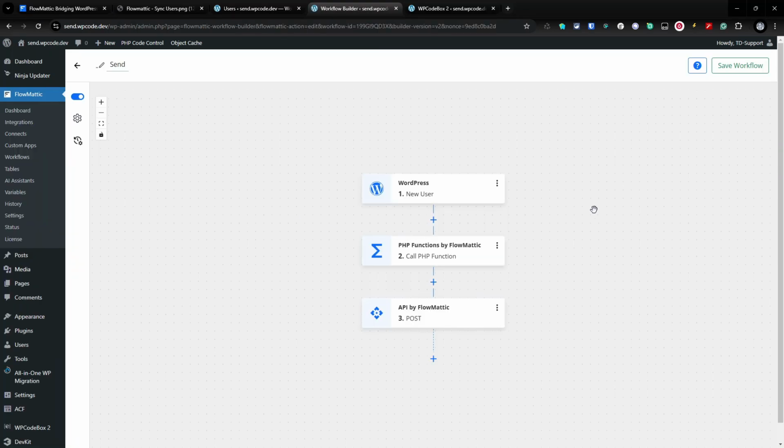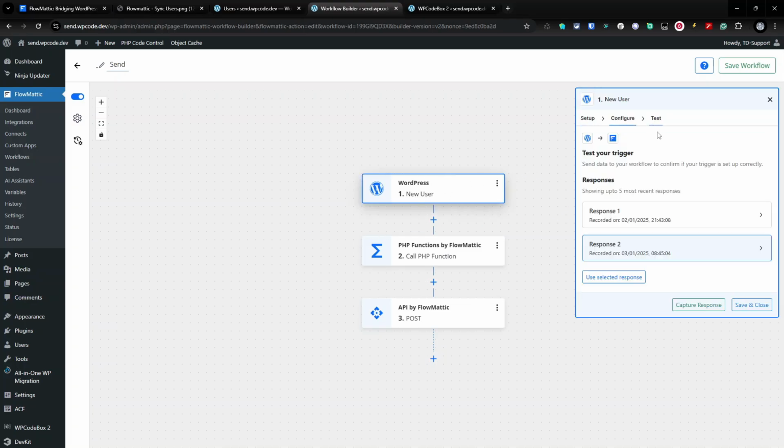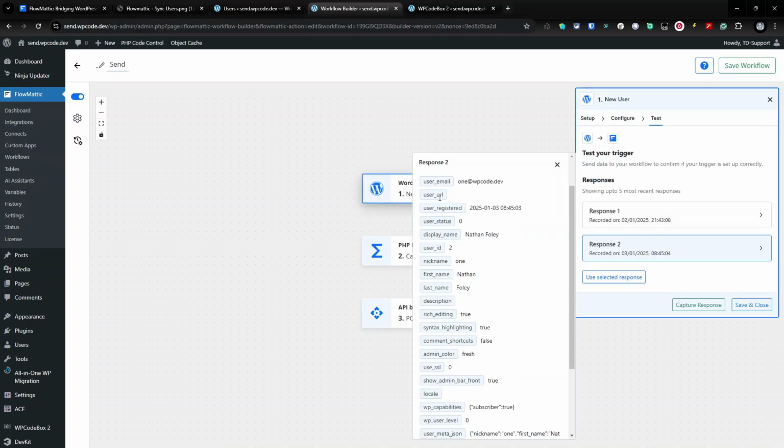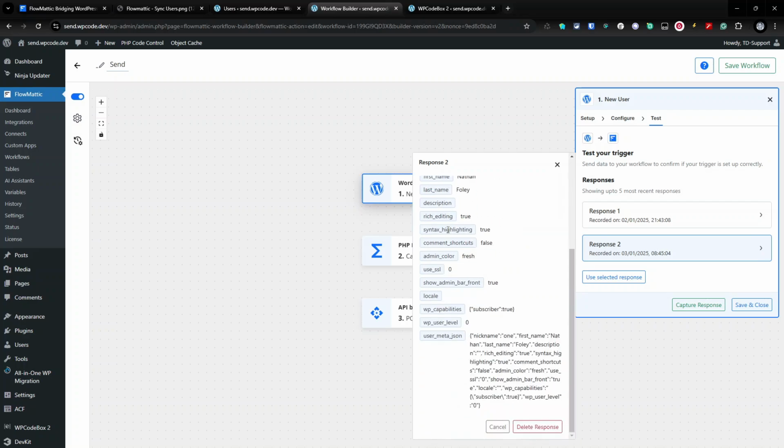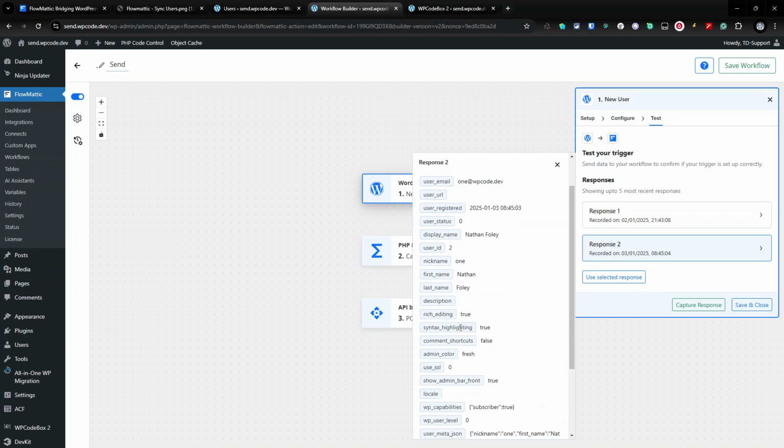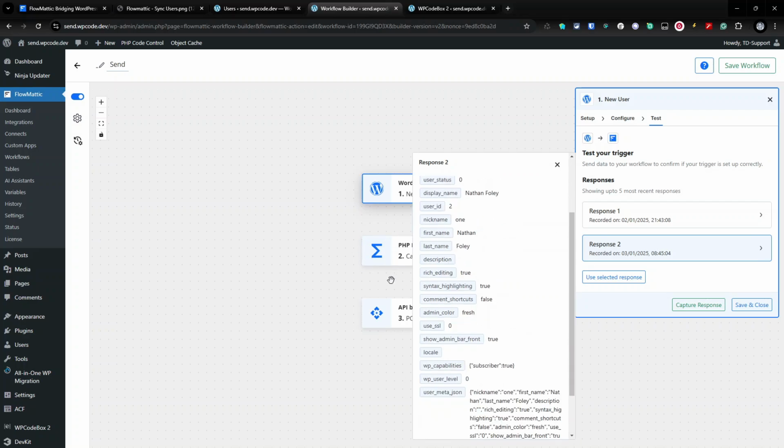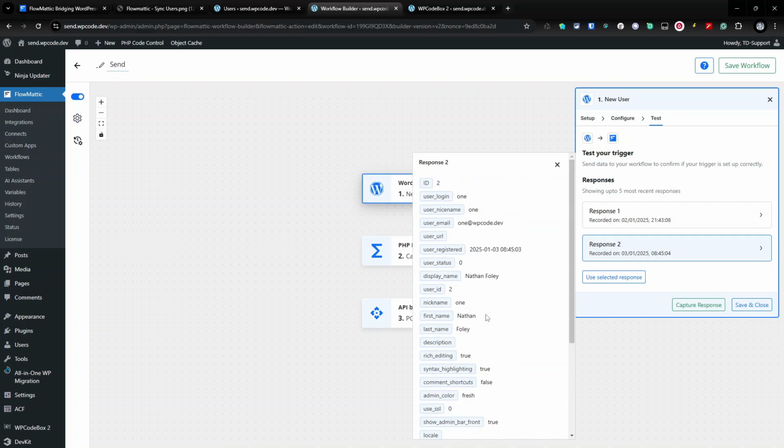It's triggered by a new user. When a new user happens, we get some data, and this is the sort of data we get. We grab this data, and the data we're going to be using across some of these other items is here. First we're going to take the user ID. We're going to use that in a second. Then we're going to use the send, email, login, first name, last name,